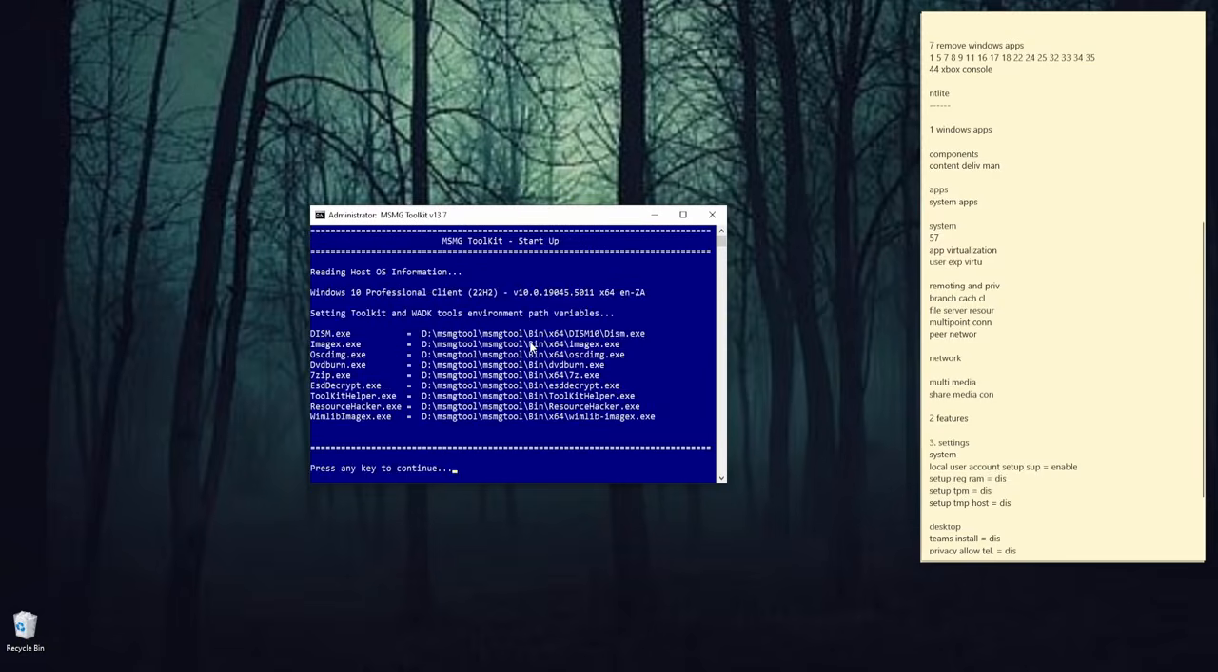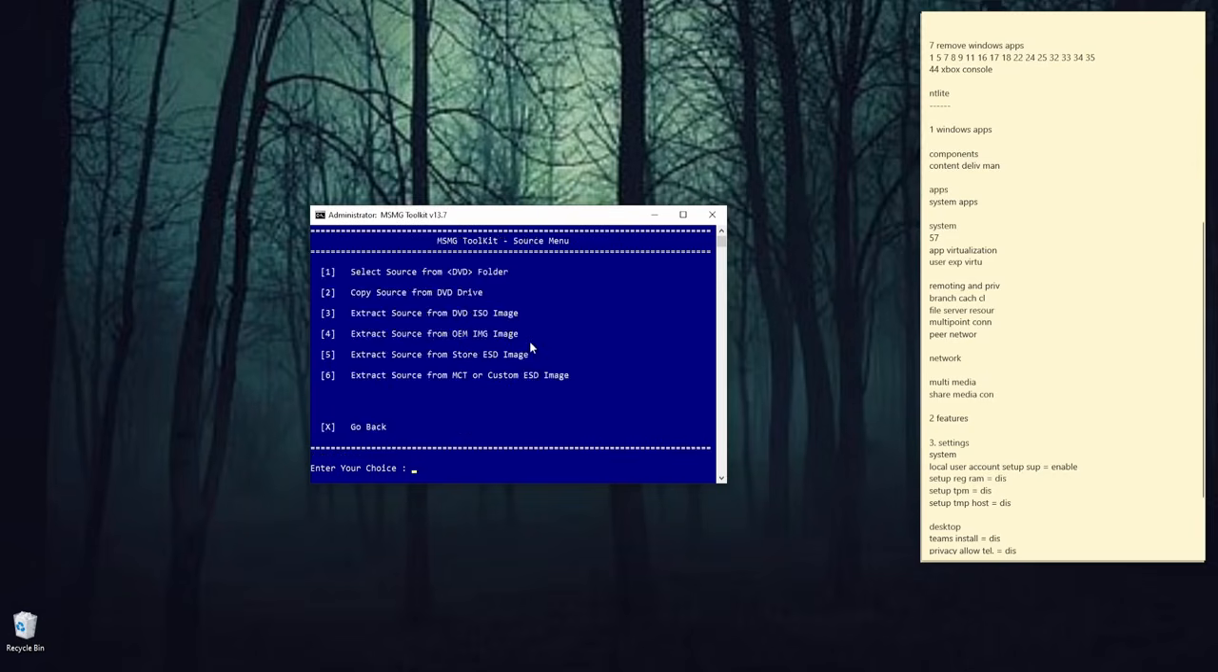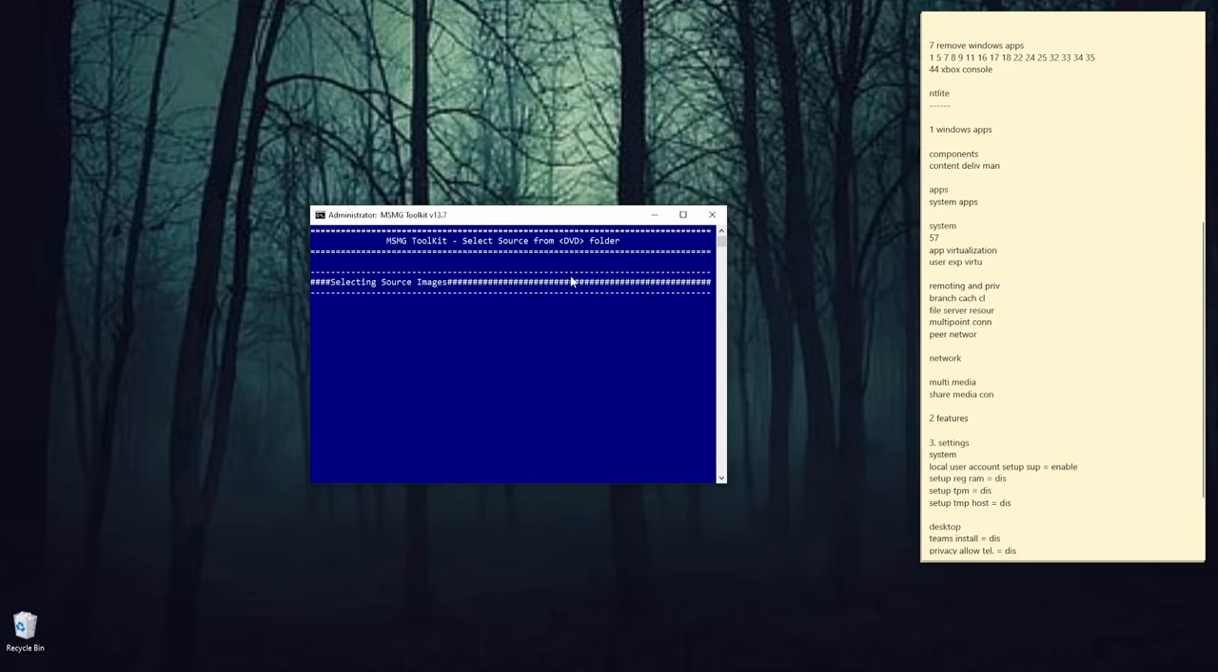Okay, let's continue. Okay, it's nice and quick now. So now you'll see this menu, and we have to choose one source. So the source is that DVD folder, the files that you've copied. So just choose one, and then select source from DVD folder, one again, and